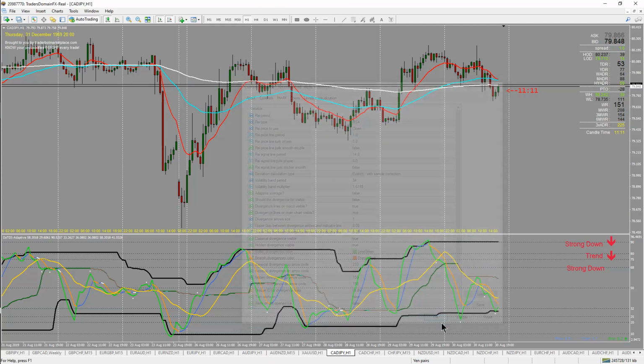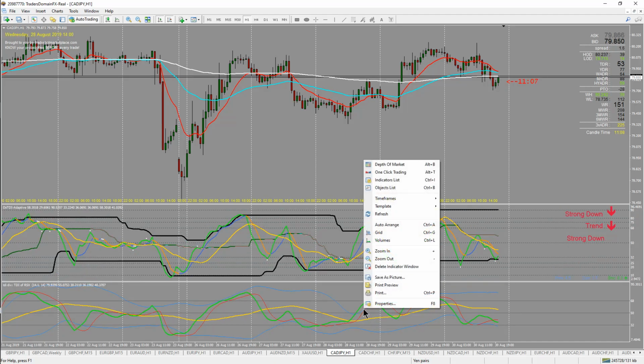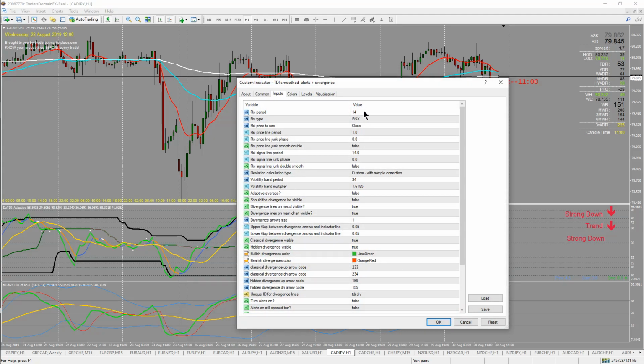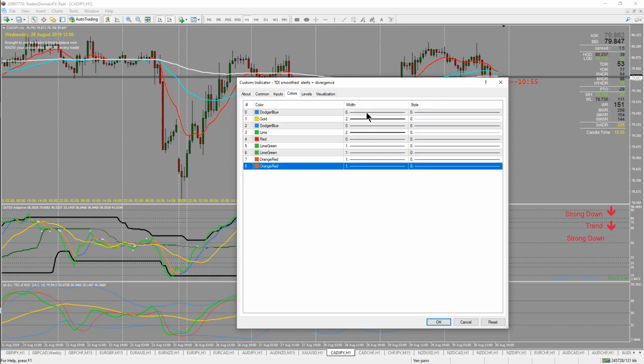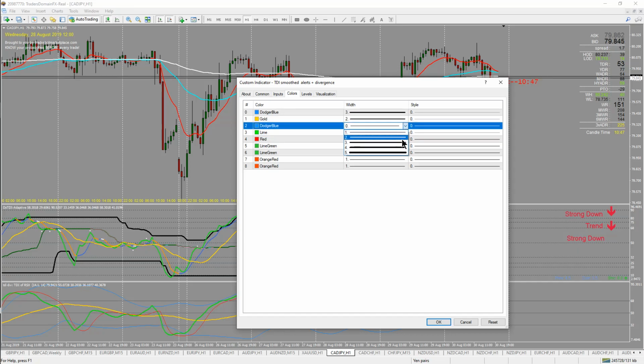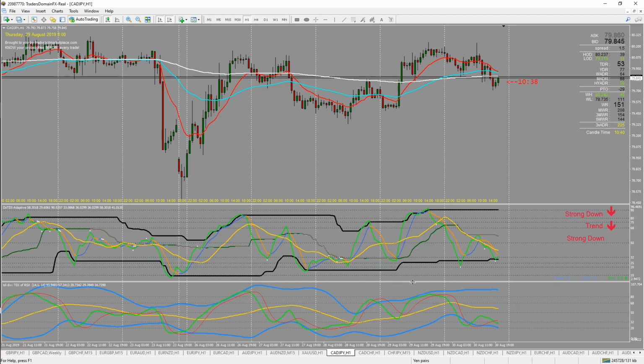Let's see, put this one on. This one's a little bit different. Just switch up the colors real quick. Close, Heikenaishi close, change that. Colors, I'm just going to make these thicker. Thicker levels. Alright, I'm going to add a couple of levels if it takes it. 20, 80. Alright, so